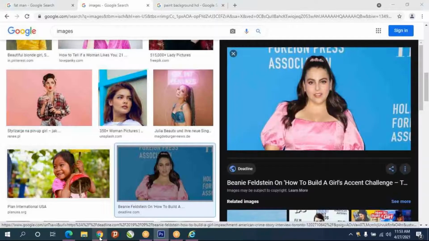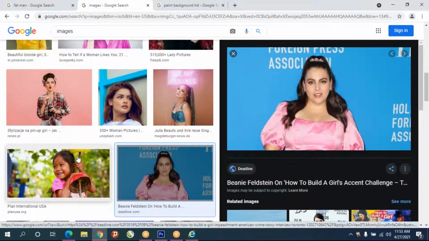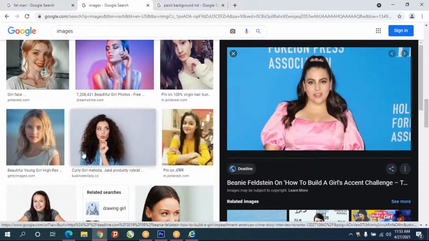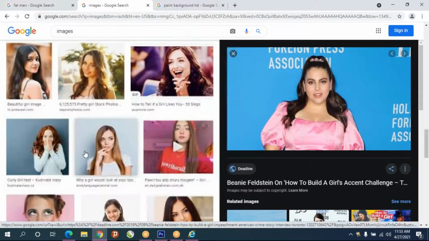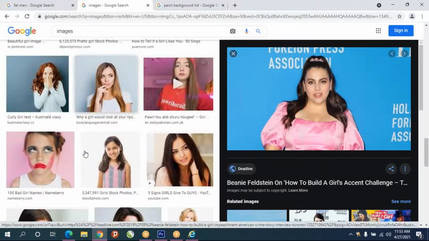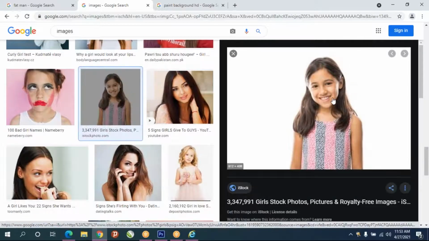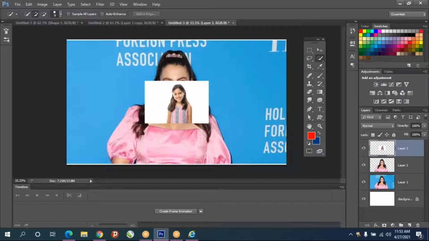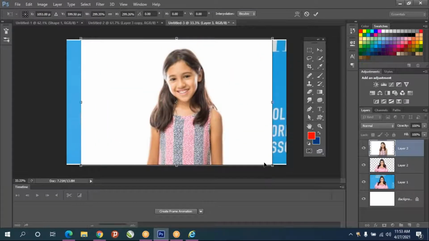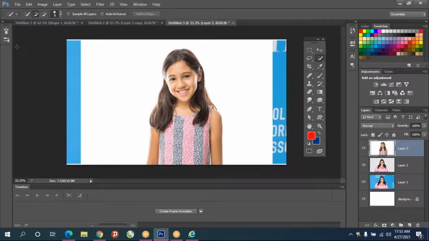Suppose if someone is thin, how to make them fat? Same concept. Okay, this baby we will take. Copy image, Control T, maximize, and select only the object.